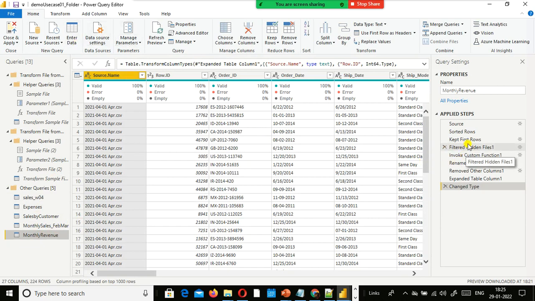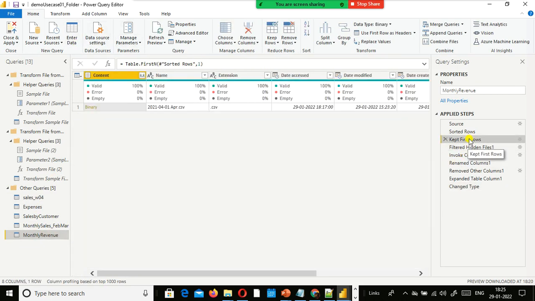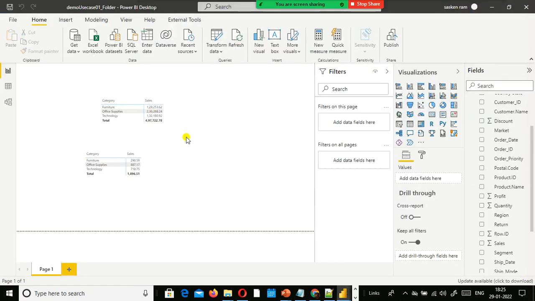Here I directly click on the Kept first rows step. When I click on this, it shows April.csv, but we removed it. What you need to do is click on Refresh preview. Look here, after refreshing the preview, it shows correctly. So my report correctly picked up the March month data automatically.